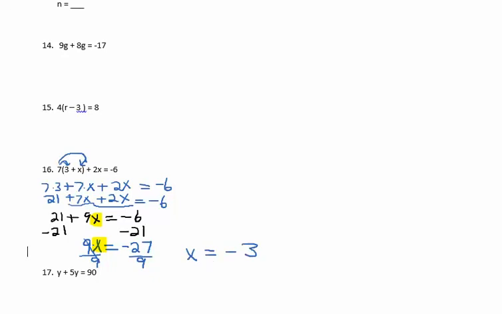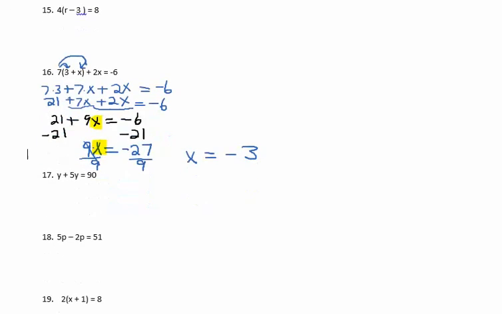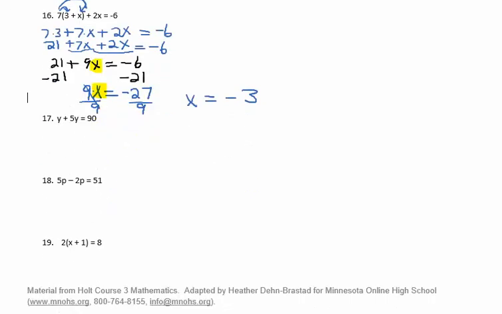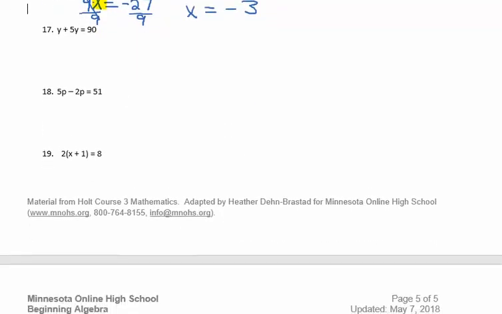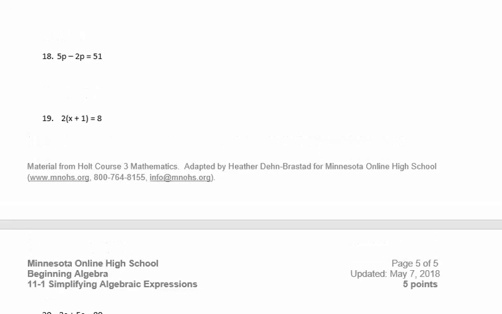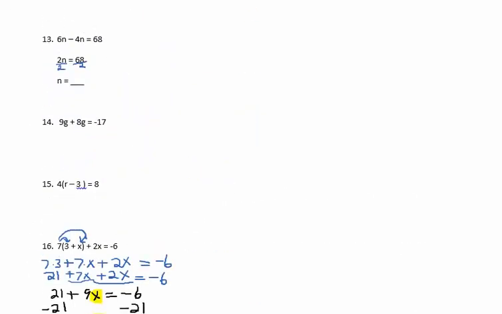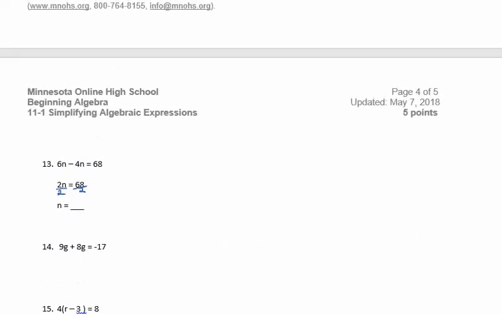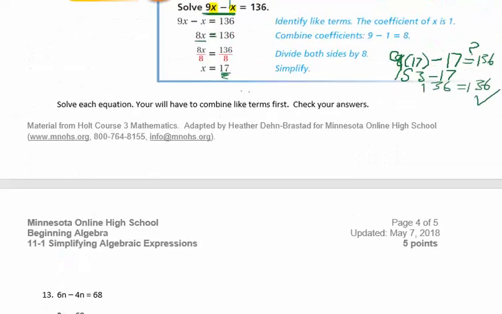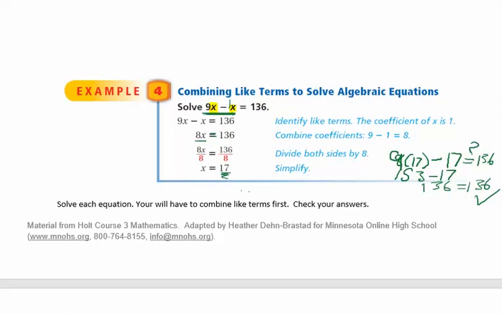So there aren't any problems on this worksheet that are any more difficult than that one. If you didn't think that was too bad, then you'll be all set to finish the rest of this worksheet up. So let me know if you get stuck, and we're going to keep practicing solving equations for another week or so, so you'll have time to learn this skill even better. And this is one of the most important skills in algebra and in all the math to come. So it's worth learning it well. Thank you very much and have a wonderful